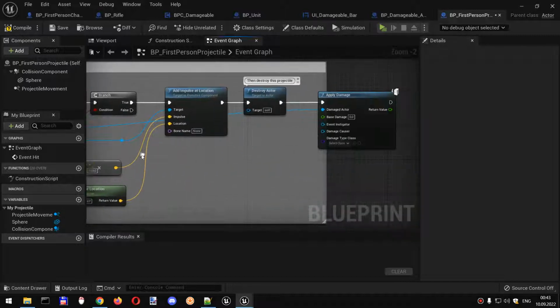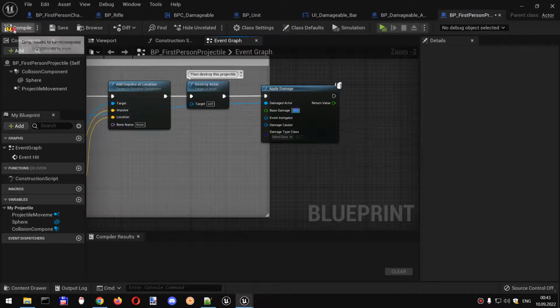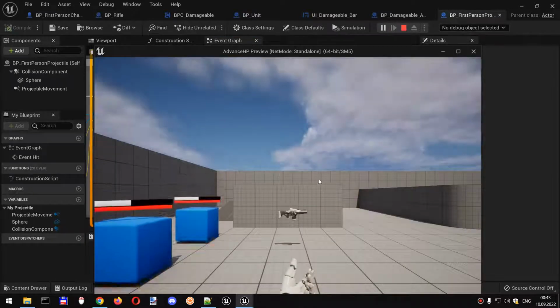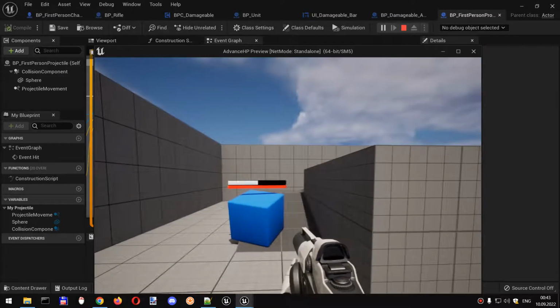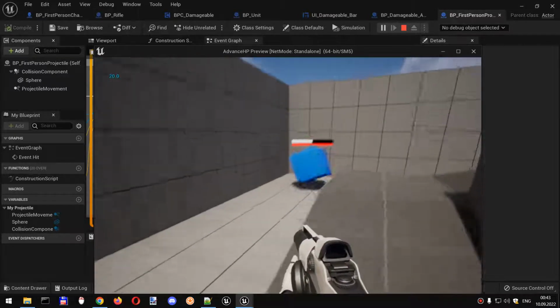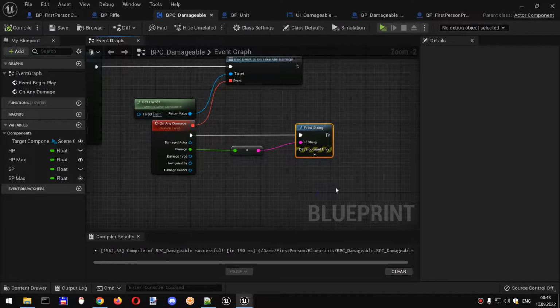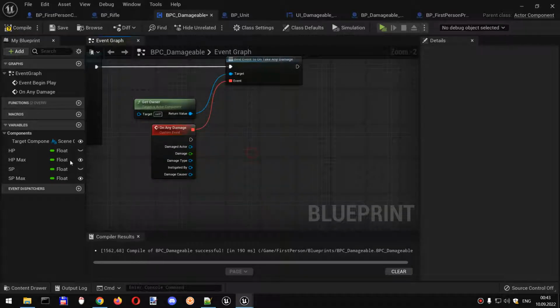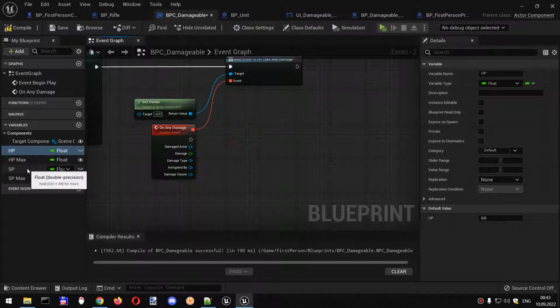I don't know how to make it prettier. And let's do 20 damage, and let's see how it will work. Yeah, we can see actually. So this component is already tracing how much damage we are trying to apply, and all we need to do is just apply it. So instead of printing, we will remove HP from. Actually, no, we should start from shield points. Shield points go before HP. Yeah, so get, set,